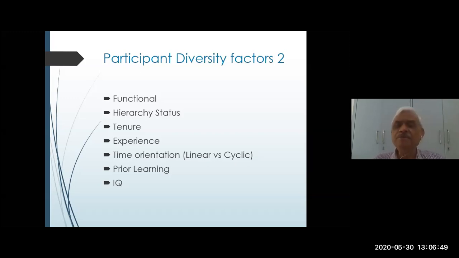So how do you handle this? This is a challenge which most teachers have. In the same class, some students are fast, some are doing very well, some are not doing all that well, some are very laggard. This happens in training programs also. So how do you handle this? Anybody would like to share? No hands raised.